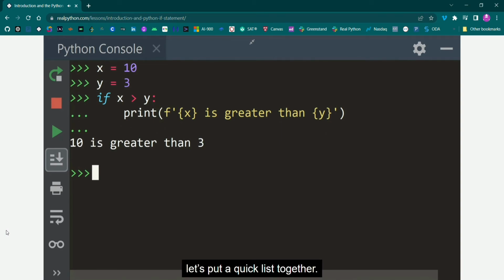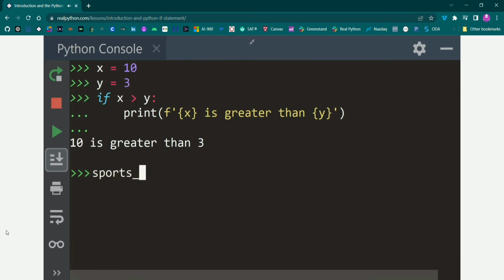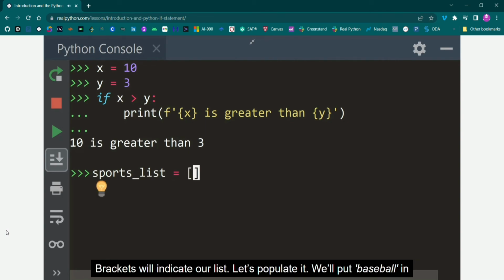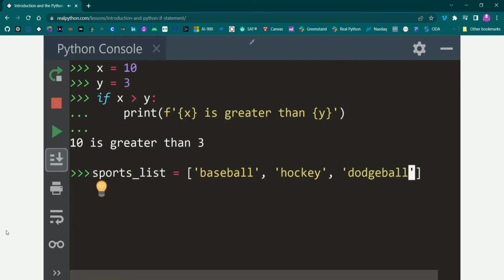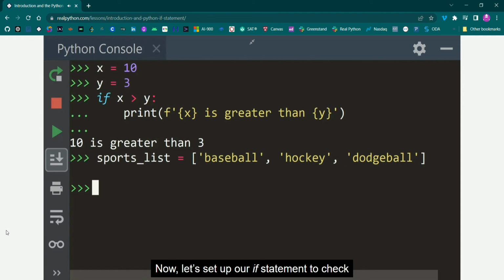Scenario 2, let's put a quick list together. Brackets will indicate our list. And let's populate it. We'll put baseball in there. Hockey. What else? Dodgeball. Now, let's set up our if statement to check if something exists in our list.